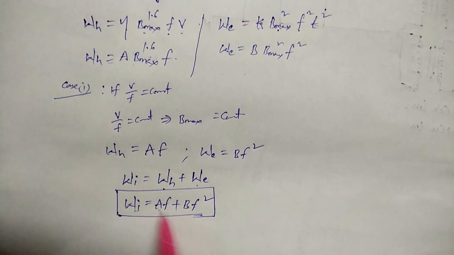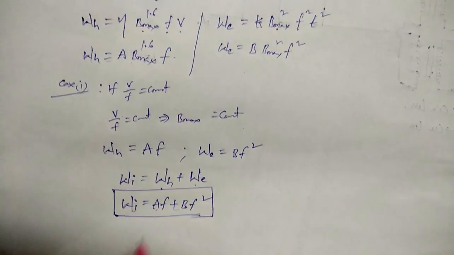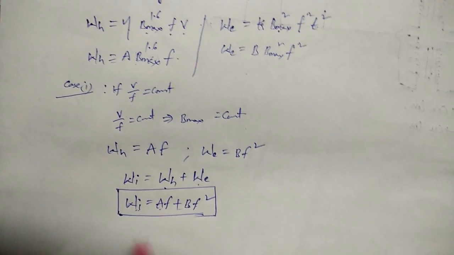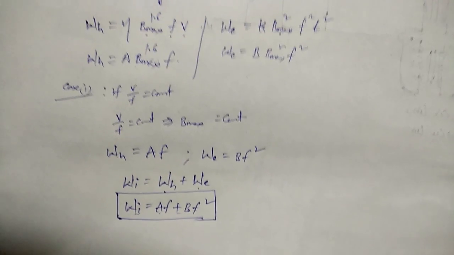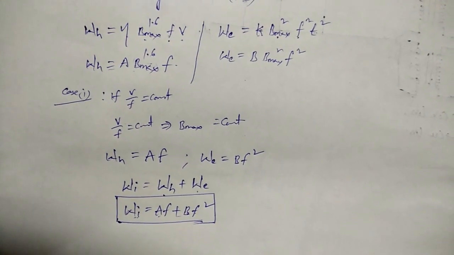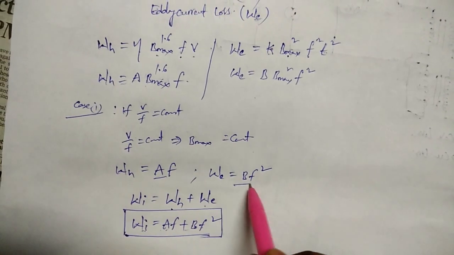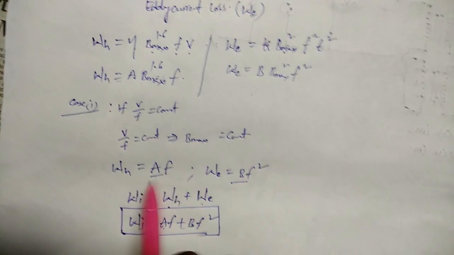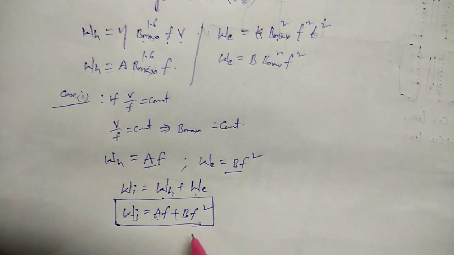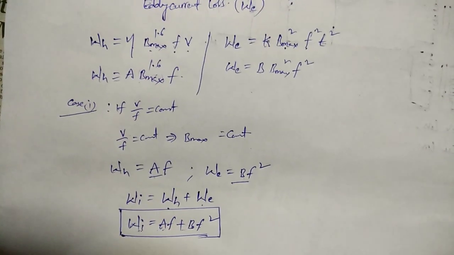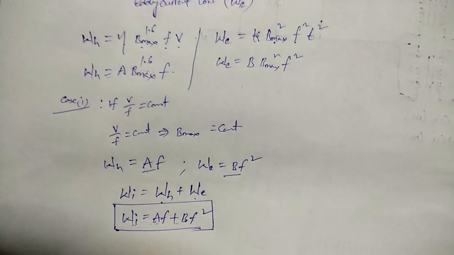Why are we doing it two times? Because we have two constants here, we have to find two unknowns. So we will get two equations and we will get the unknowns A and B. If A and B are known, then you can find the losses simply by using these formulas at any frequency. Like this you can separate core loss into hysteresis and eddy current loss.